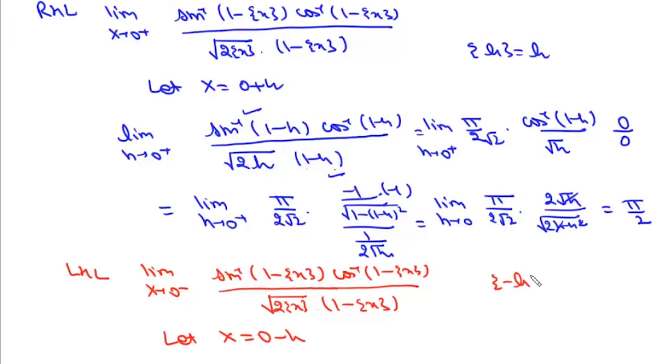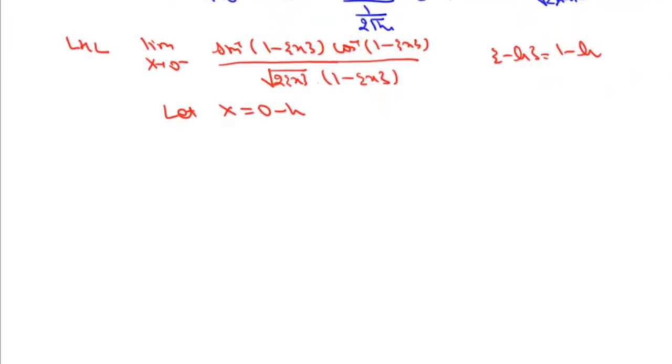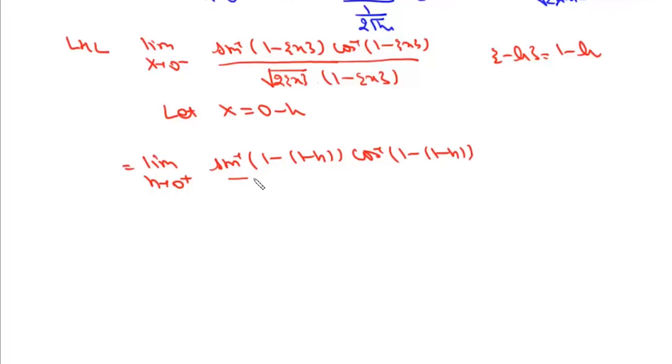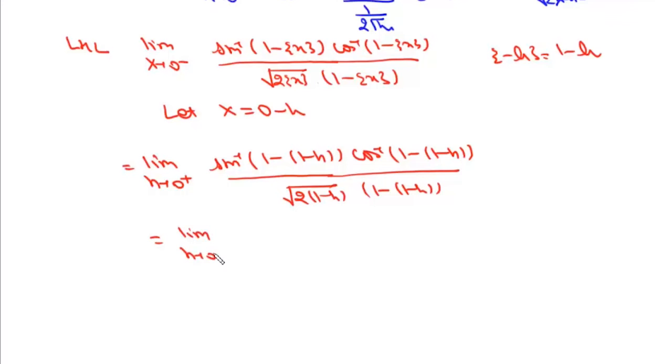Now we know that fraction part of minus h is 1 minus h. So now we can write this as this limit h tends to 0 positive, sine inverse 1 minus h, cos inverse 1 minus h, root 2 1 minus h, and this is 1 minus h,